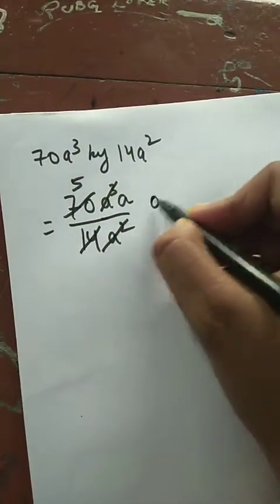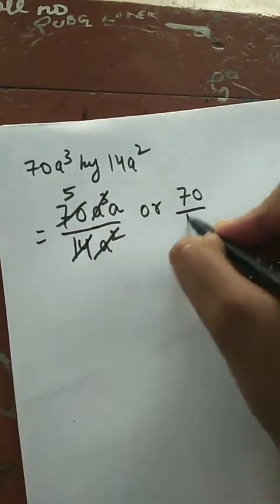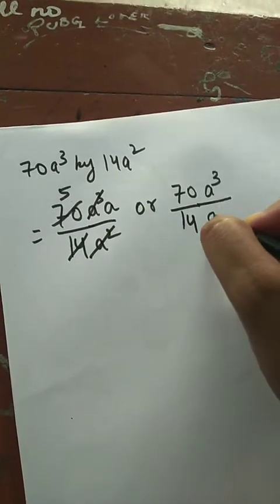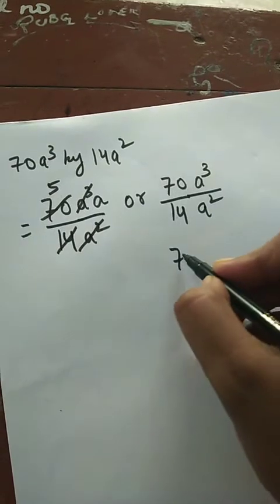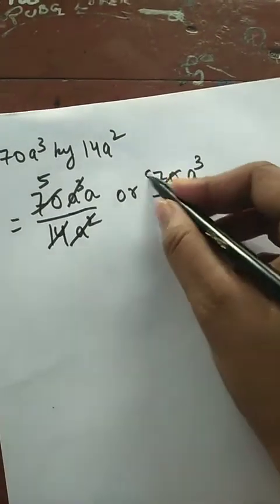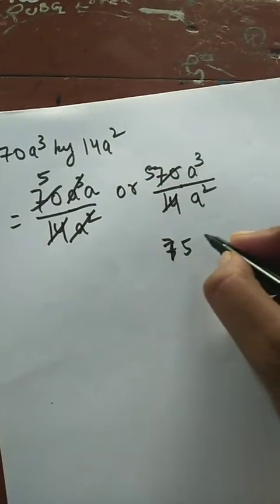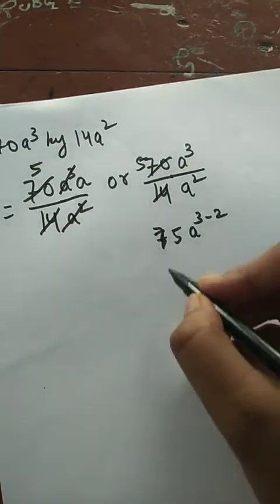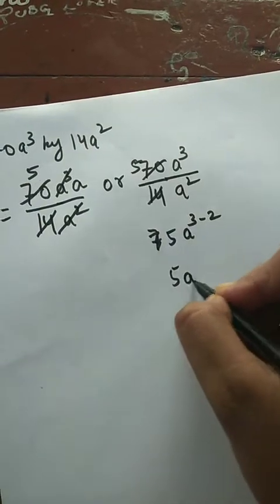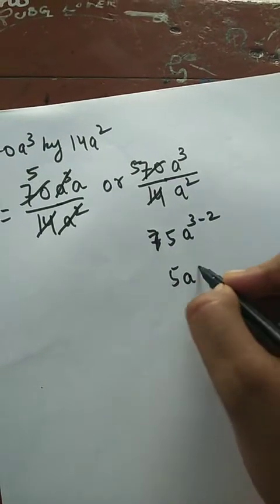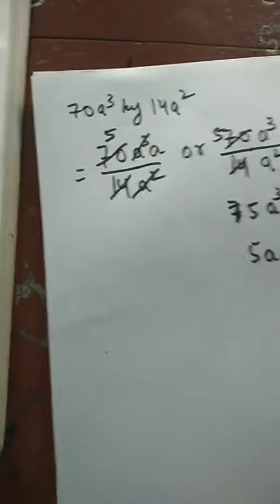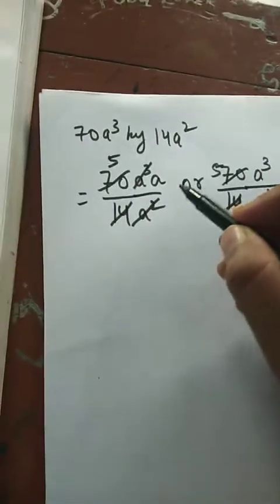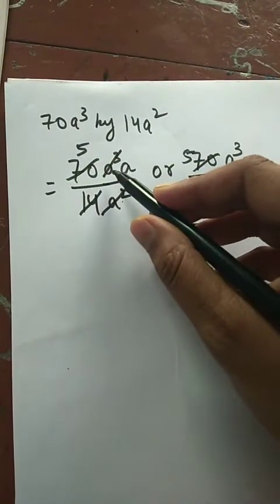Or you can do it like this: 70 upon 14, a cube upon a square. You can write here 5 and then a power 3 minus 2. This will be 5 a power 1. We will not write 1. This is our answer. Students, here you can see a square is given and a cube is given, so